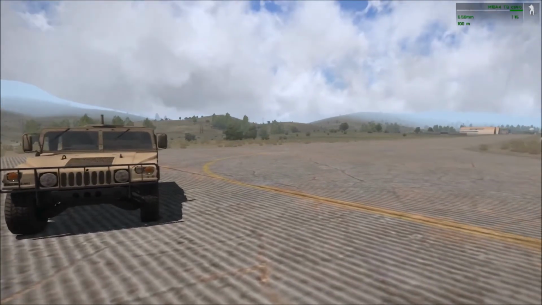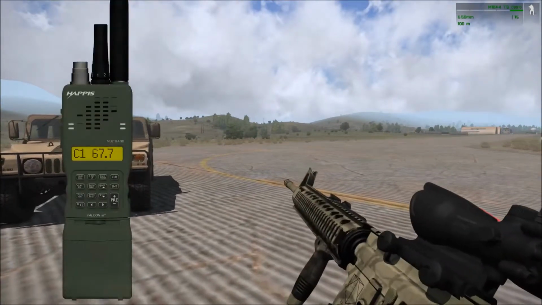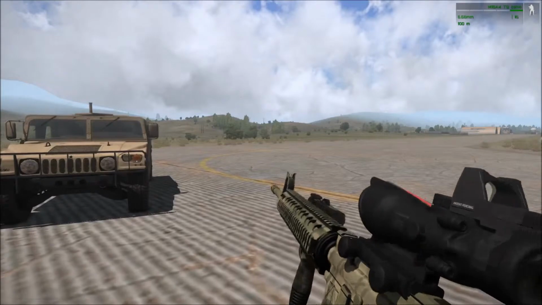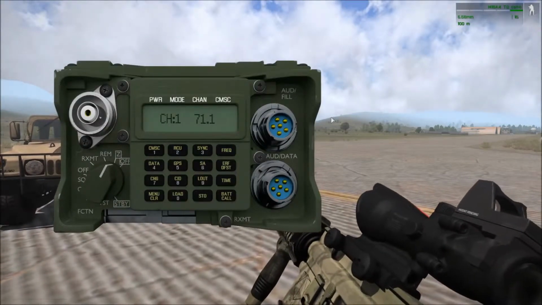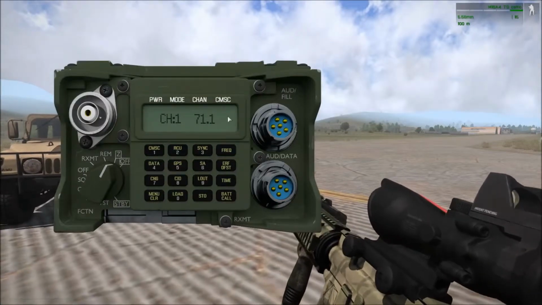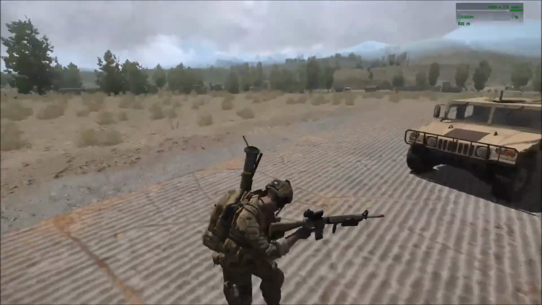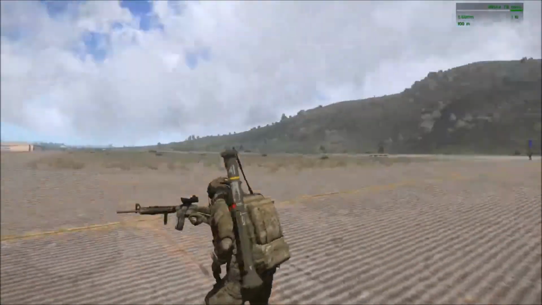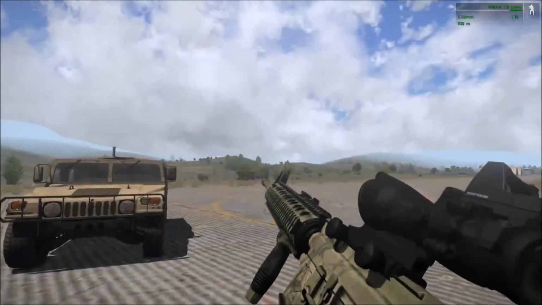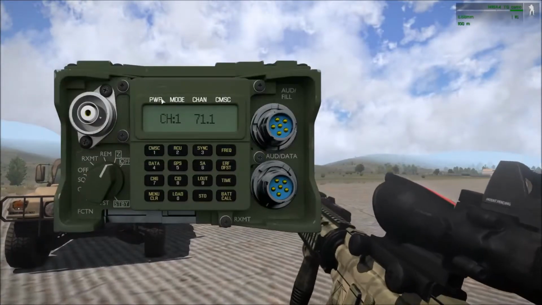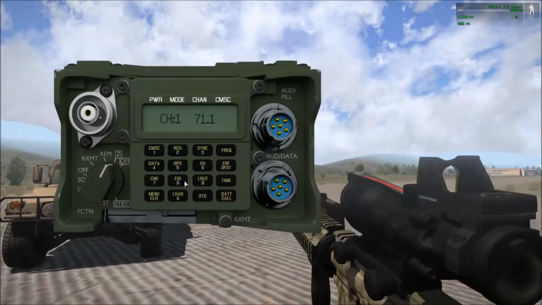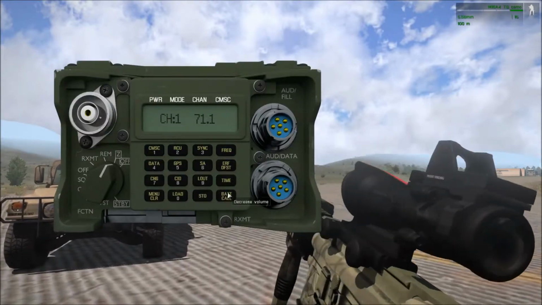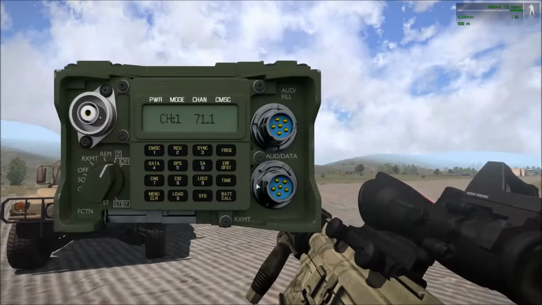Now this concept is the same for shortwave radios as it is for long-range radios. We're going to bring up our RT1523G using Alt-P, Alt-Papa, and you'll notice that it's here on my back. This is the standard long-range radio per SOP. So we're going to bring this up, and we're going to see that the layout is mostly similar. These buttons have a similar function, and everything that you have on a short-range radio, you have on long-range